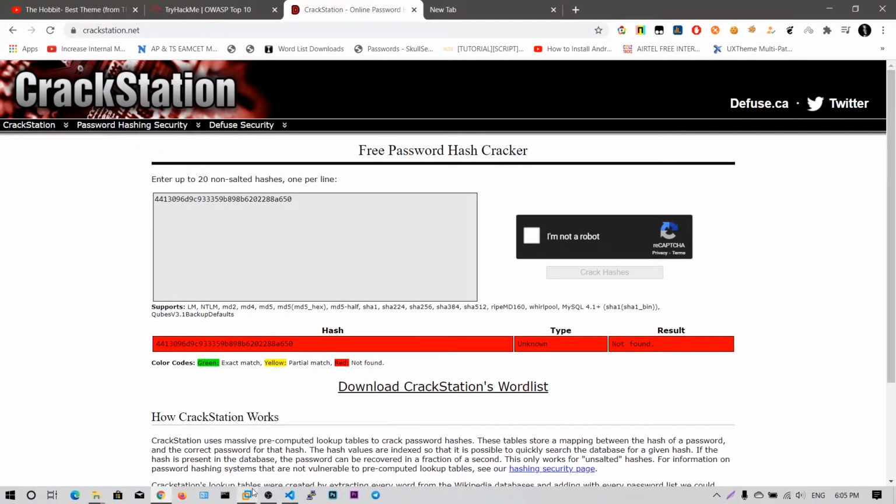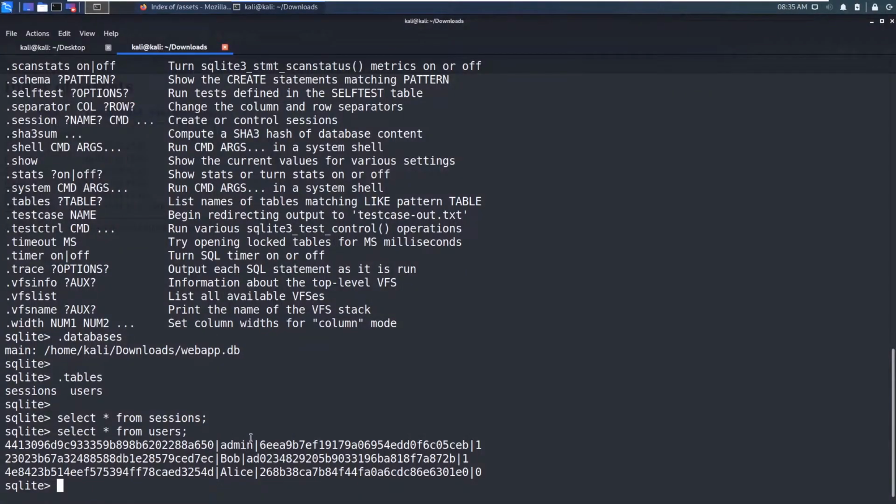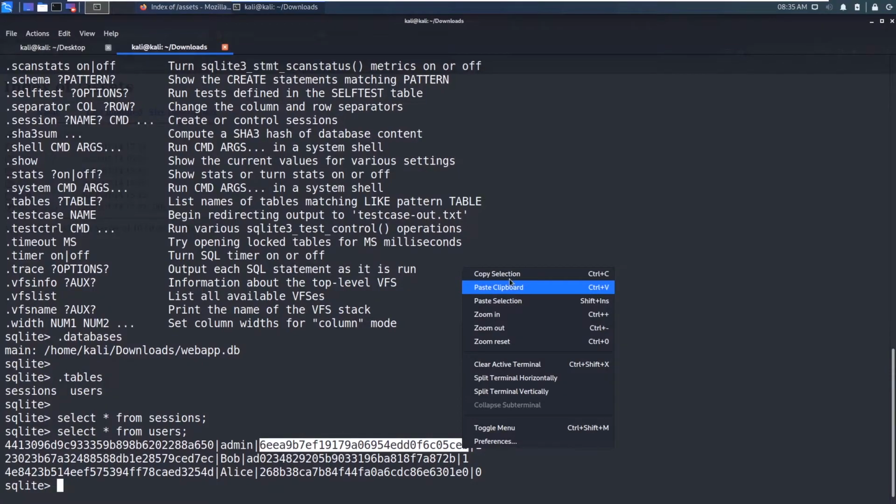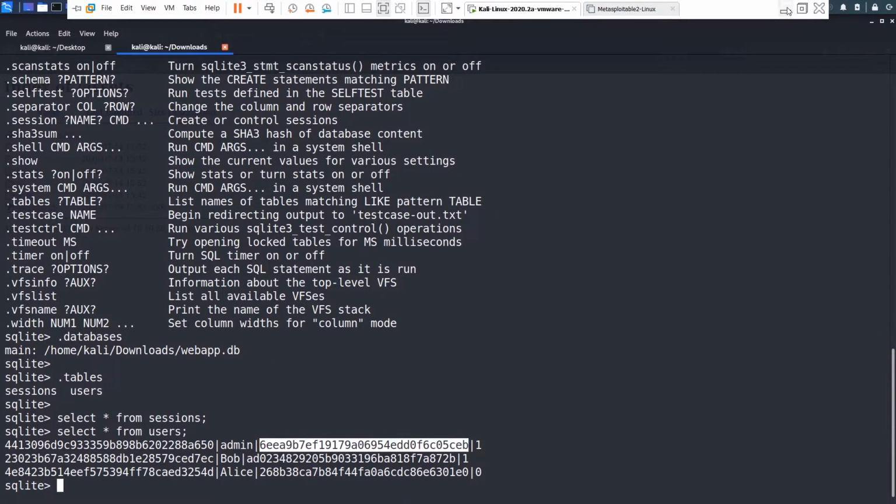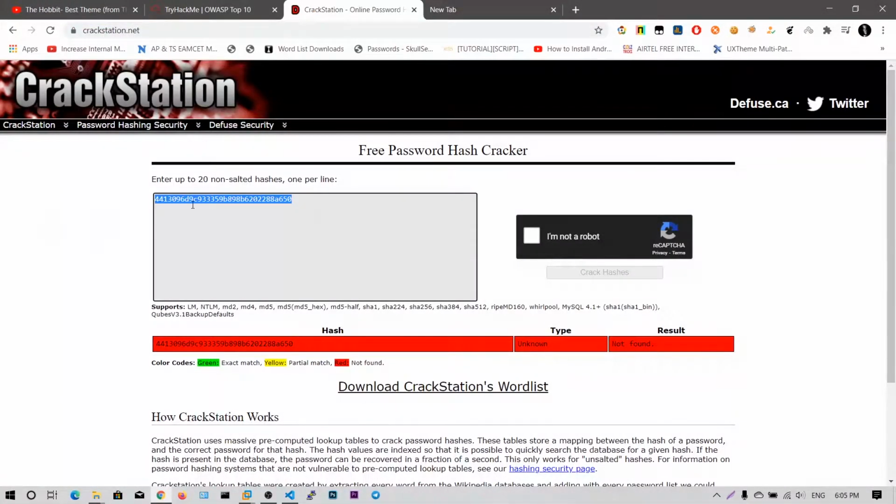Okay, it's saying not found. Maybe this is the hash. Let me try this. We can't really tell the difference between a hash and a normal value. Okay, this is the hash. Sorry for this.